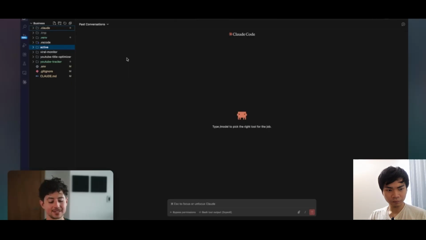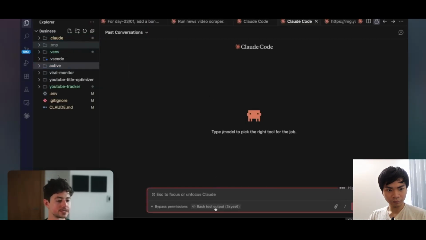Let me show you how to actually do this. And as mentioned, it's going to be like $5 in tokens. It's not super complicated. What you need first is you need Claude Code running in some sort of IDE platform, okay? Now I have it set up on this tool called